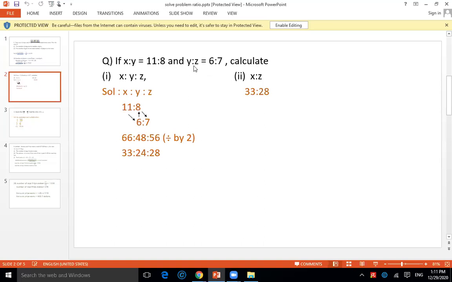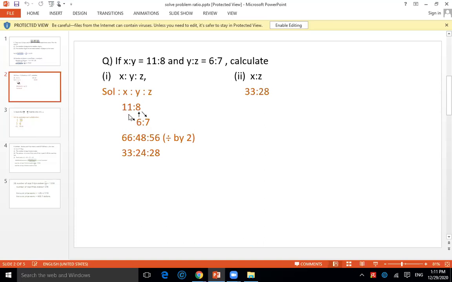अगर यहाँ पे z दो दफा आता, जैसे यहाँ भी z होता और यहाँ भी होता, तो we will write z in the center. तो यहाँ y दो दफा था तो हमने y सेंटर में किया है. Now what we will do, we will write 11, हमेशा ऐसी मल्टीप्लाई होगा ये. फर्स्ट लाइन का फर्स्ट नंबर सेकंड लाइन के फर्स्ट नंबर से होगा, to get the first ratio x. 11 is to 6, 66.